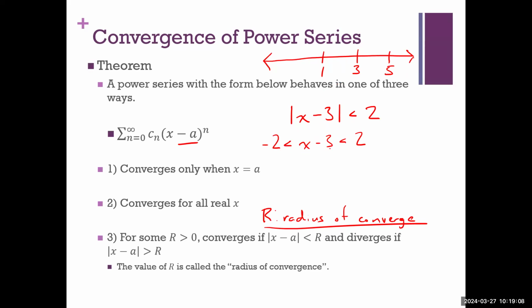Okay. Can I now solve for X in this inequality? If I add 3 to all branches of this inequality, I get 1 is less than X, which is less than 5. So if my center point is X equals 3 and my radius is 2, that gives me this. For all values of X between 1 and 5,